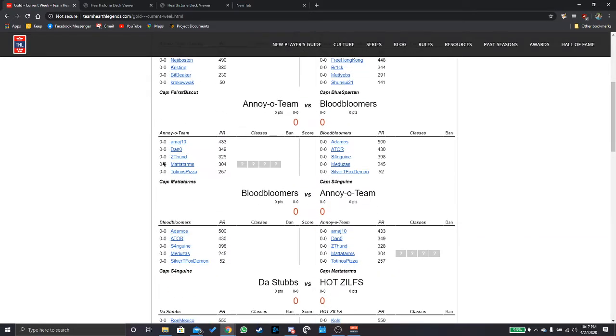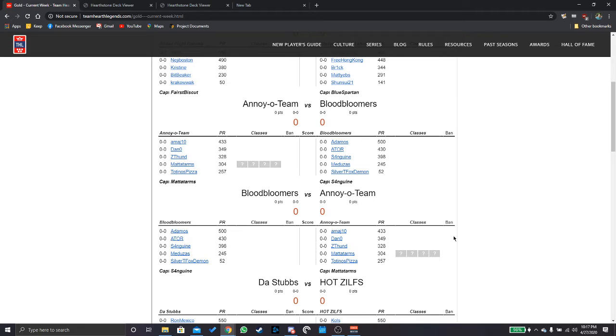And it's the Team Anoyo team. There's me, Mattatarms. I'm playing Medusas this week. So what I can do is I just click on Medusa's name there. It'll open up a window in my email browser of choice, and I can go ahead and send them an email. Make sure to include your days and times you are available. Also, what time zone you're in, just to ease some of the confusion and make it a little easier for you and your opponent to schedule times.